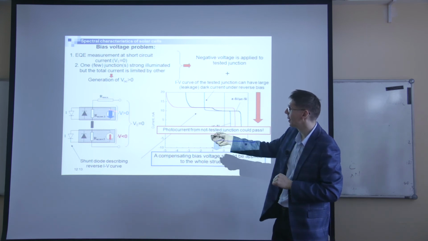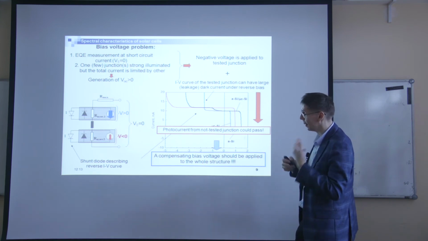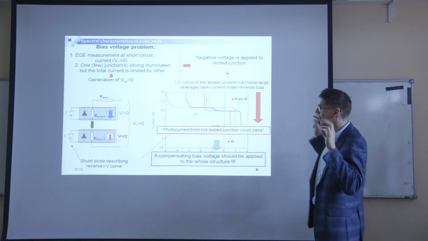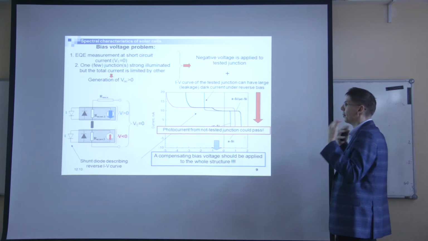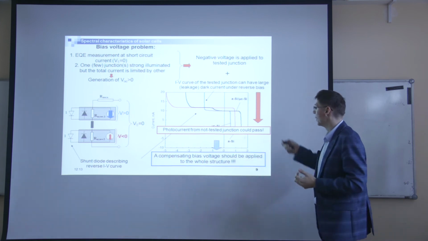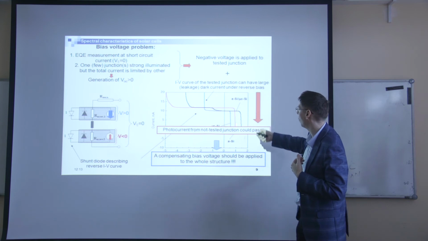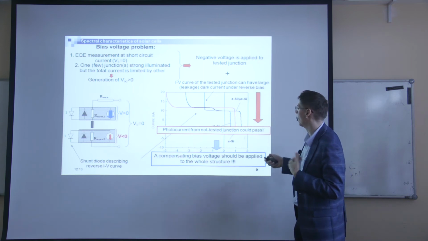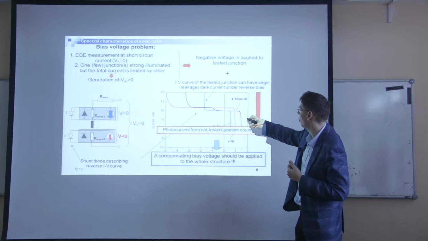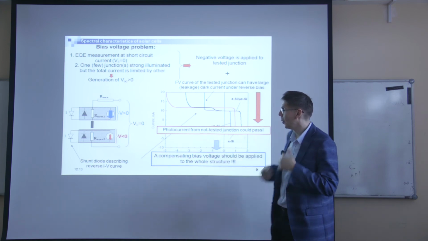And you have a high intensity of the bias light, and you understand that you have a lot of current, but the current is limited. It means that actually, as I told you, you have an IV curve like this for this top junction, but once the current is limited, you are at this point. So actually it means that the